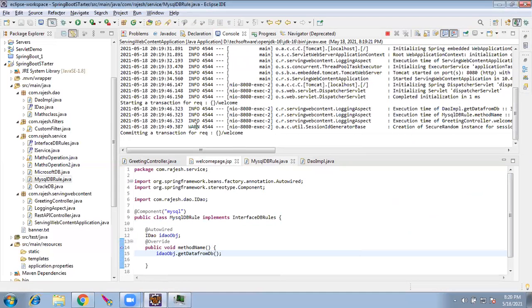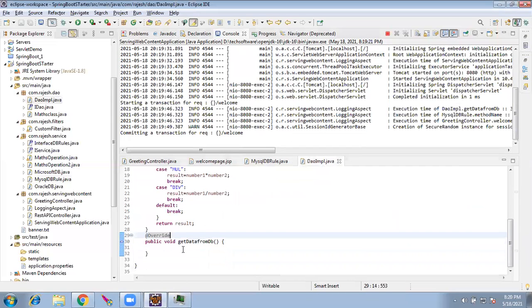Now I will write the code for fetching the data from the database. So as I showed yesterday, let me see if I can send that file here.